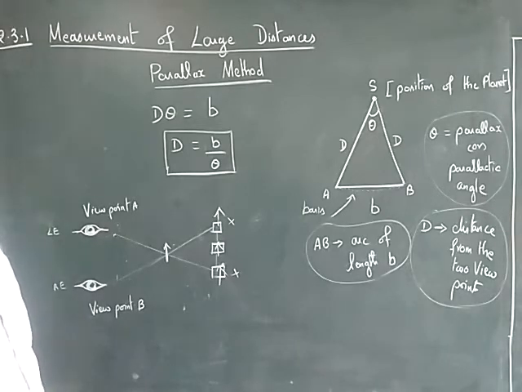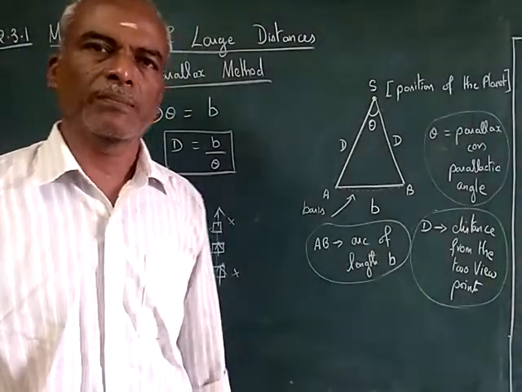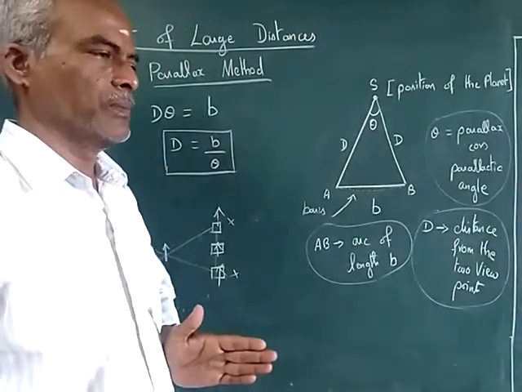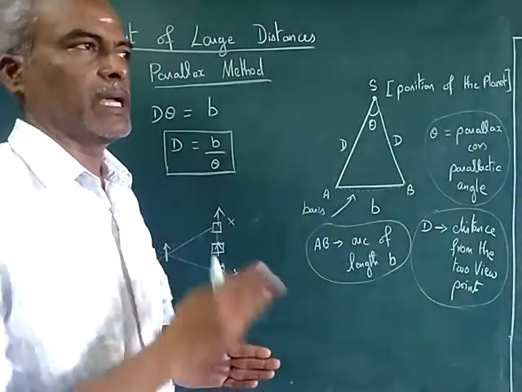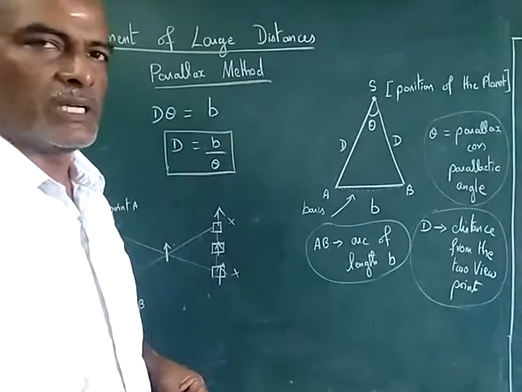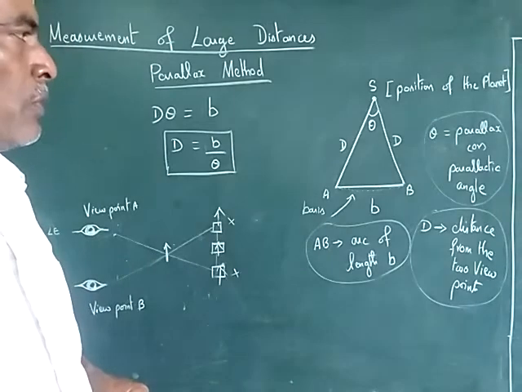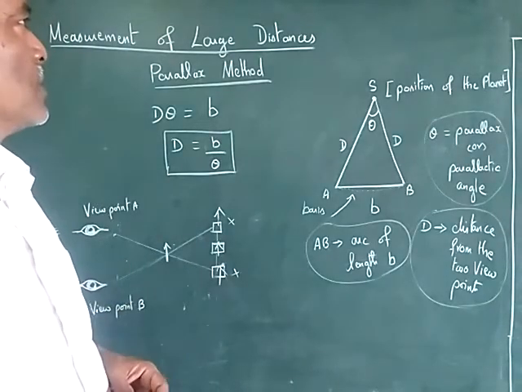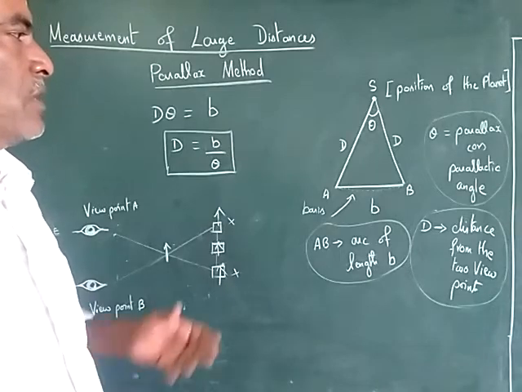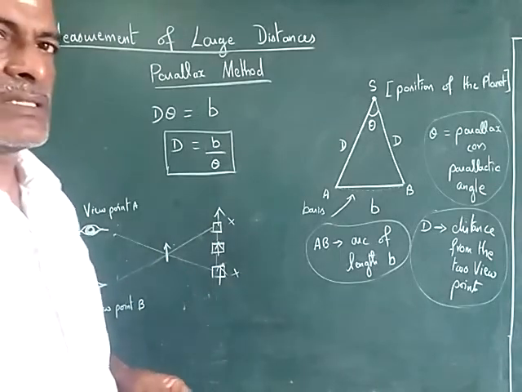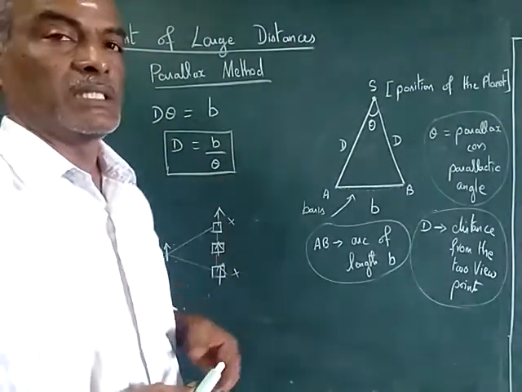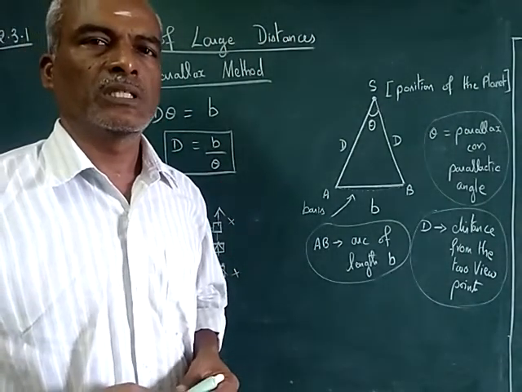Sometimes in measuring instruments we say parallax error, because we should view perpendicularly, but if you view from some angle, you will end up with the wrong measurement. So we call it parallax error. So that's all about measurement of large distances. Basically, we are employing the basics of trigonometry to prove this relation. Thanks for watching. Nandri.